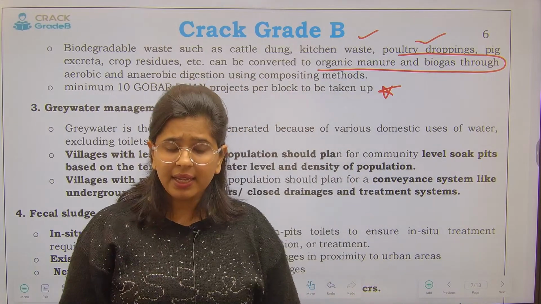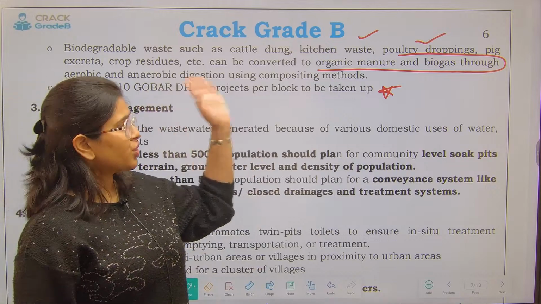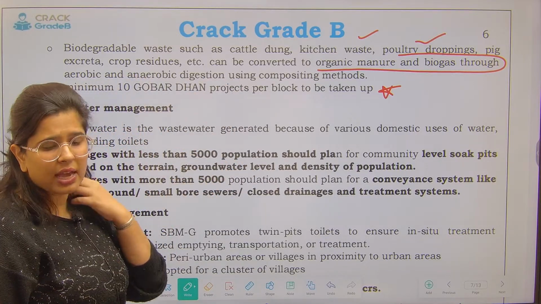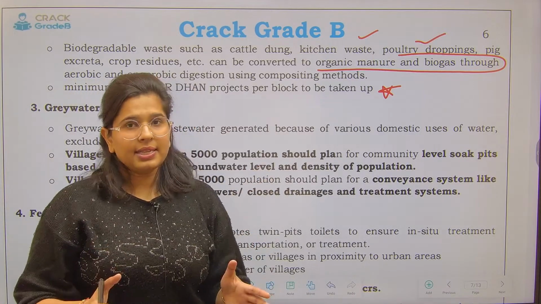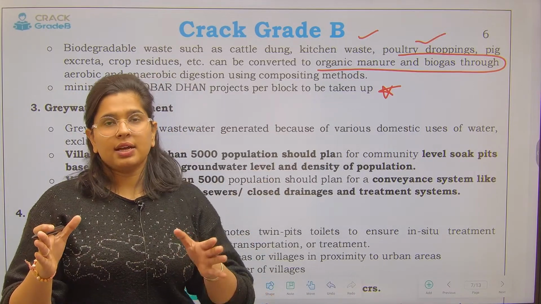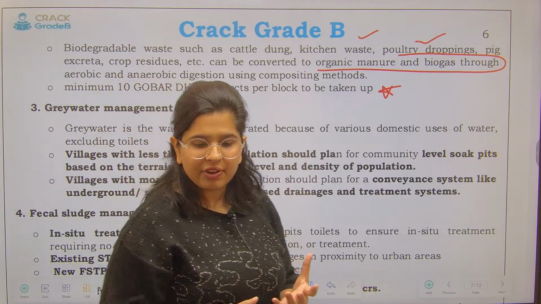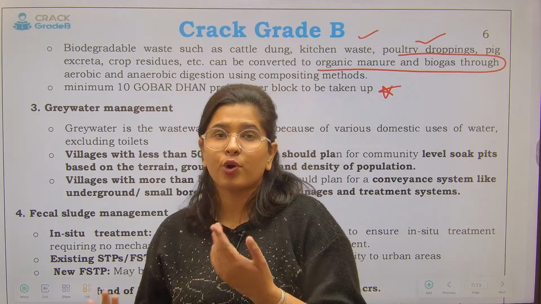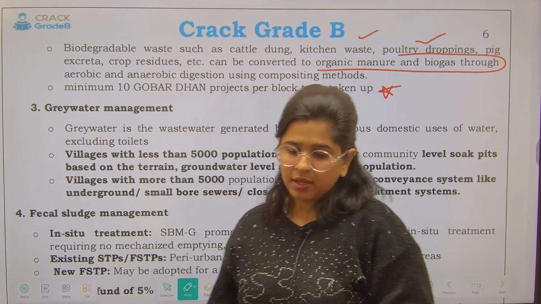They are providing the infrastructure so that this kind of kitchen waste, poultry waste, right, agriculture related waste, and these kind of things, they can be converted into organic manure. At the same time, organic manure ke saath saath we get something also called as biogas, right? So this is a win-win situation. You get rid of waste, and at the end of the day you are getting useful products as well, which you can use for the further production, hai na?